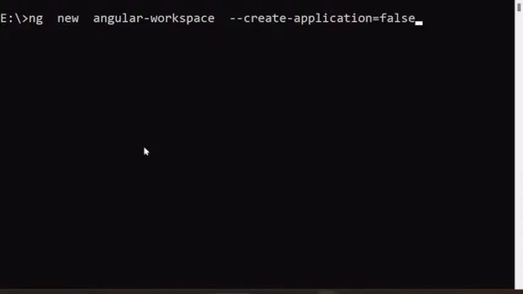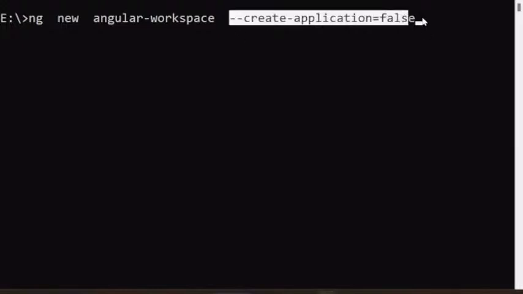This is the command we have to run. That means you are creating a new workspace without any project. First, we are creating a workspace. Create application false means don't create any project as of now. Create only workspace.